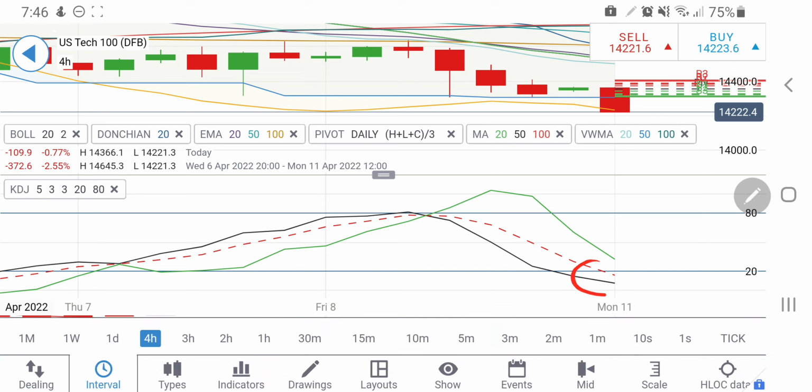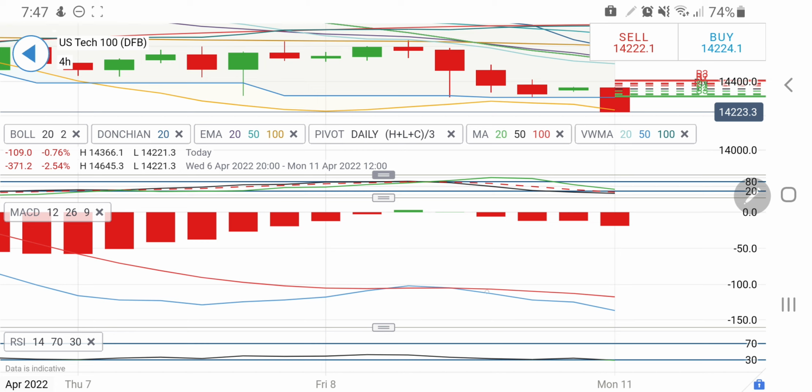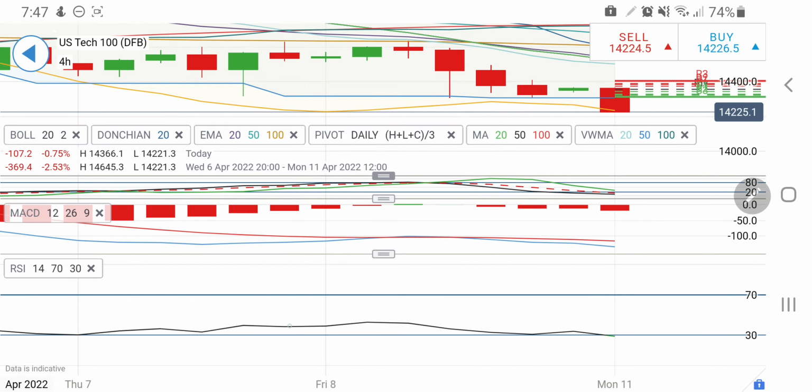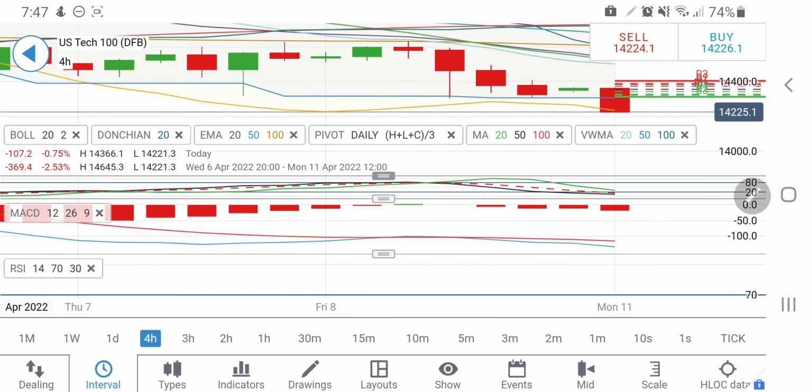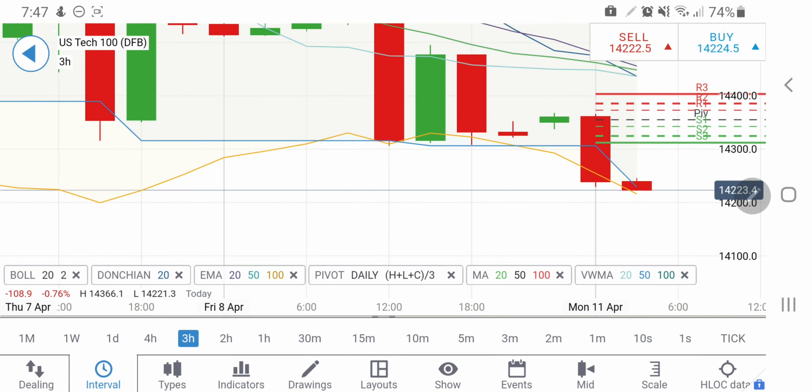But see, this is extremely oversold. It can sustain a couple of red candles, and then it may bounce back with the US cash session. That is what we can expect. MACD is widely divergent and still on sell. RSI is also hitting the oversold zone, and probably a bounce back is certain. So I'll be watchful of this.